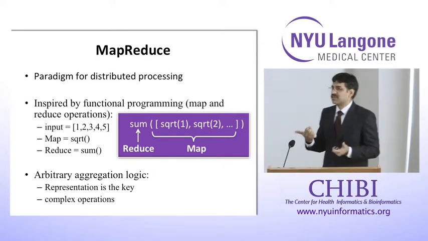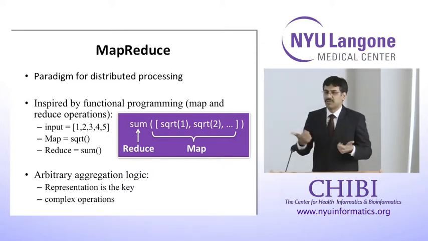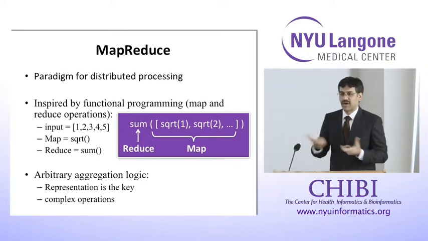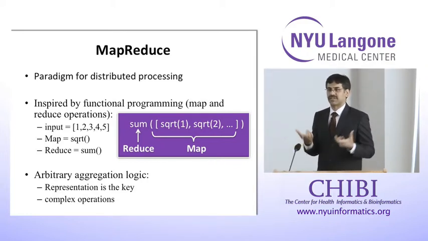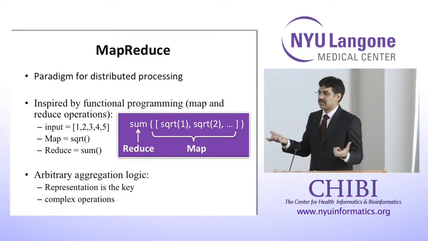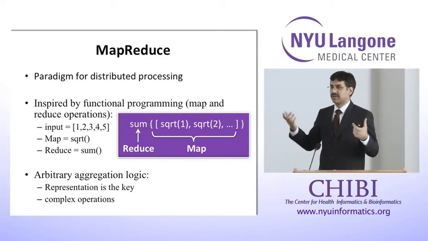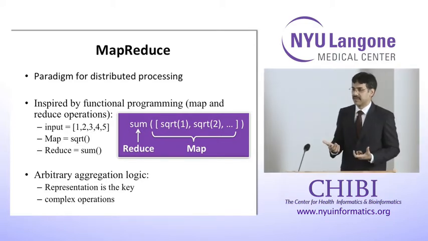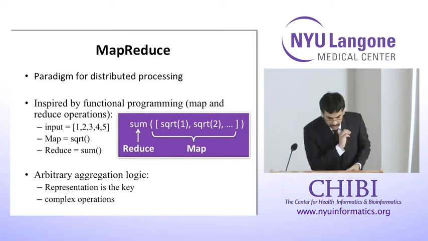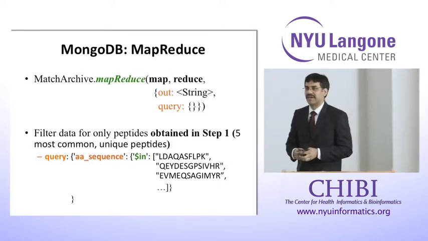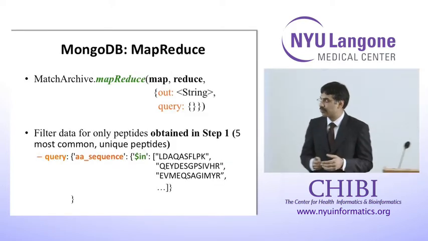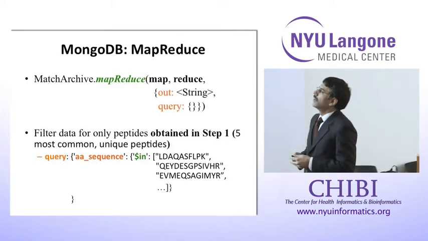But these map and reduce functions need not be so simple. They can actually pack arbitrary complex logic. You can write your own map and reduce functions and do arbitrary complex things with it. Okay? So let's see how we will apply it to MongoDB and our data archive. Okay? So